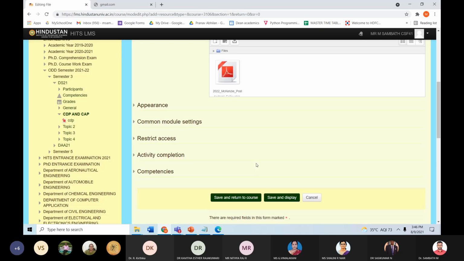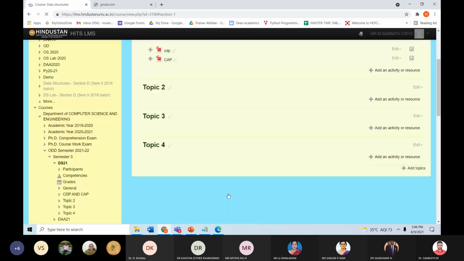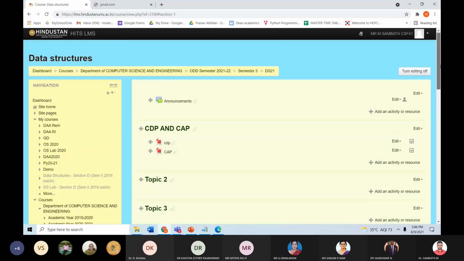Click upload, save and return. Okay, now CAP and CDP are uploaded. Remember, here you can upload files of a maximum of 5 MB. Okay, not more than that.